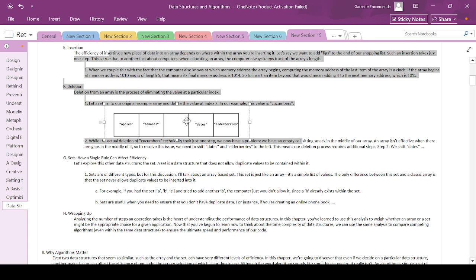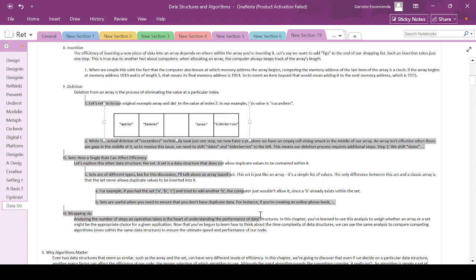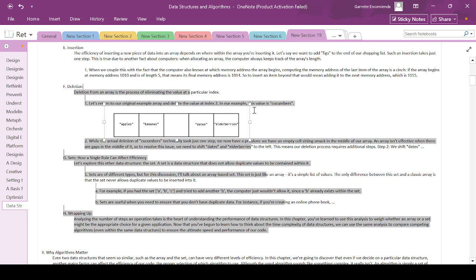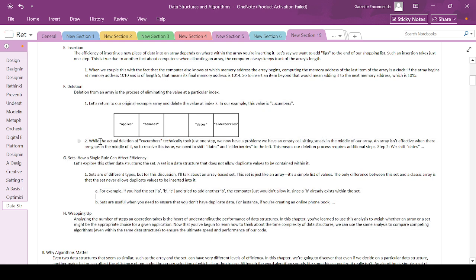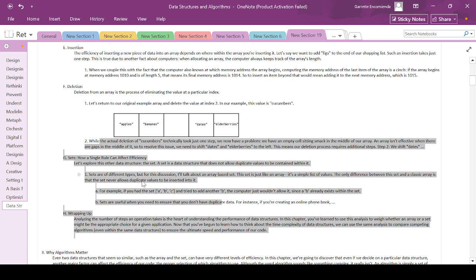Deletion is another fundamental operation in data structures. Deletion from an array is the process of eliminating the value at a particular index. So let's return to our original example array and delete the value at index 2. In our example, this value is cucumbers. While the actual deletion of cucumbers technically took just one step,